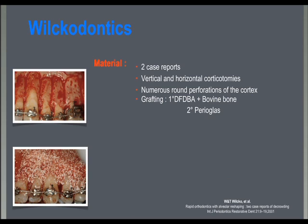The new era of corticotomy started in 2001 when the two brothers Wilco, in a case report, questioned the idea of tooth bone blocks. In this clinical research, vertical and horizontal corticotomies were performed in 2 patients and associated with bone graft. With CT scans pre and post surgery,